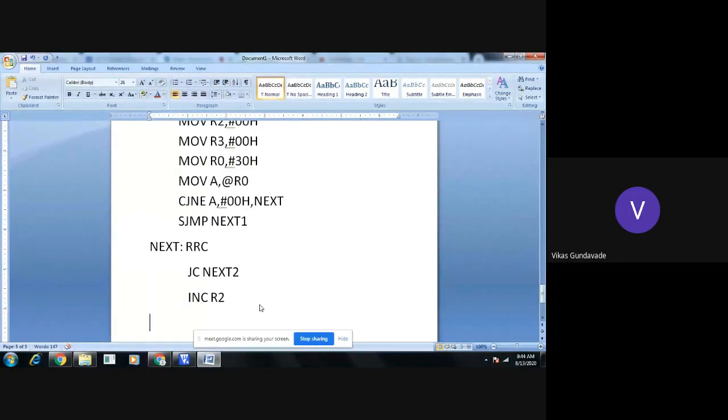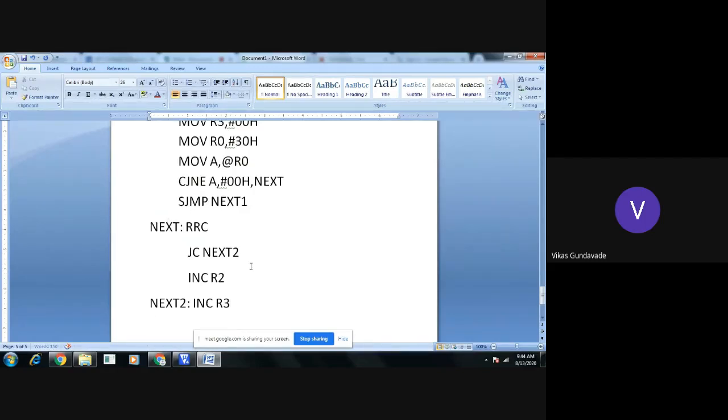Suppose the carry is not generated, it will come to the labeled location next. And in this label location, we will increment R3. Now keep in mind, the microcontroller executes every instruction step by step.